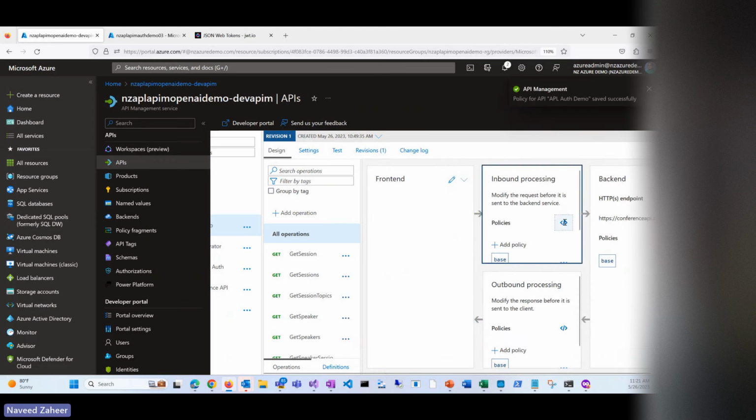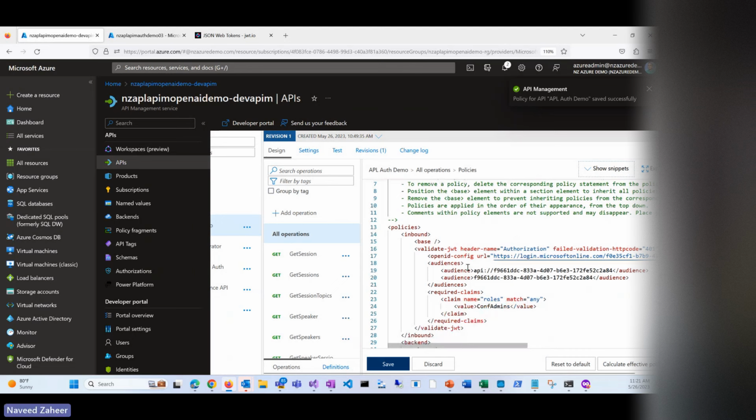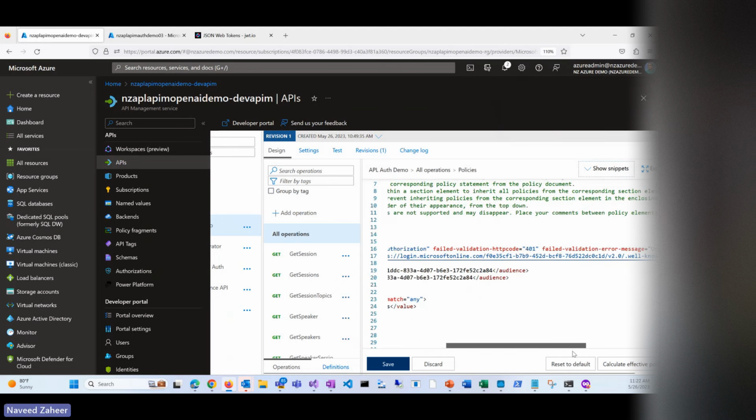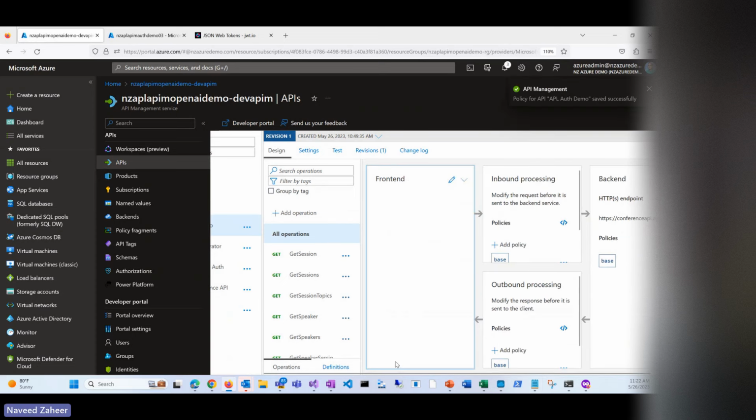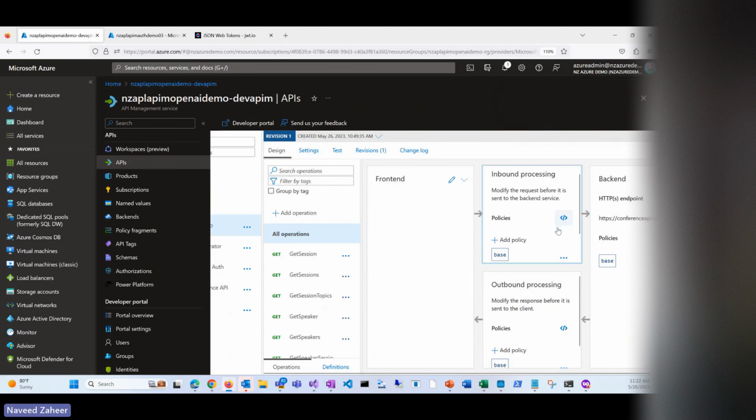And let's take a look at the policy. So we have audiences, we have everything set up. One thing that is also needed is an issuer. So what we're going to do is we're going to add the issuer claim as well, just to be on the safe side. Okay, save it. So now this API is authenticated, and you can only call it once you have a valid